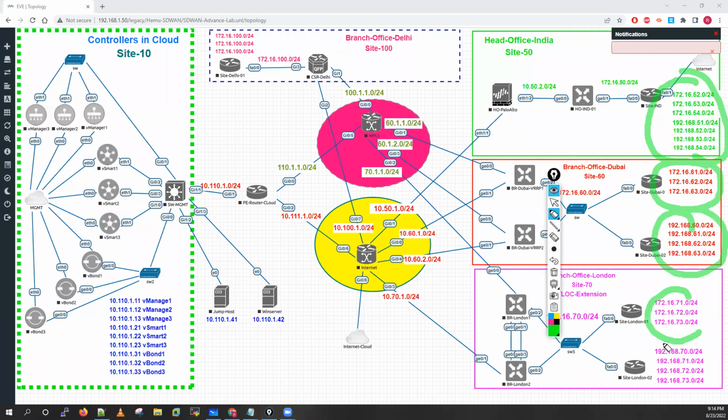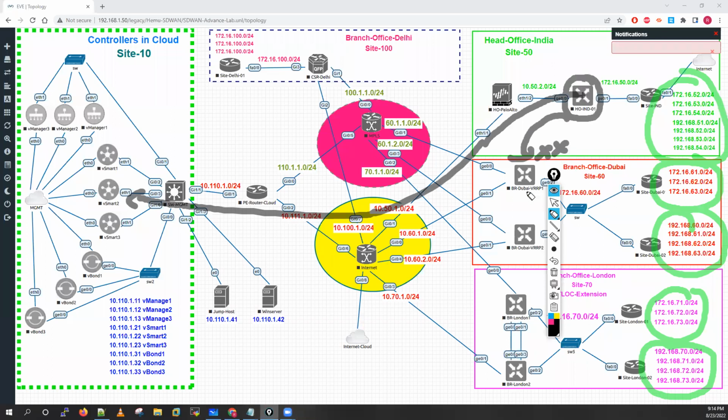Our main focus of this SD-WAN solution is to advertise these subnets. So what will this WAN edge router do? It will update these subnets to your vSmart. This router will not update the subnet directly here. No, all these routers will just update the